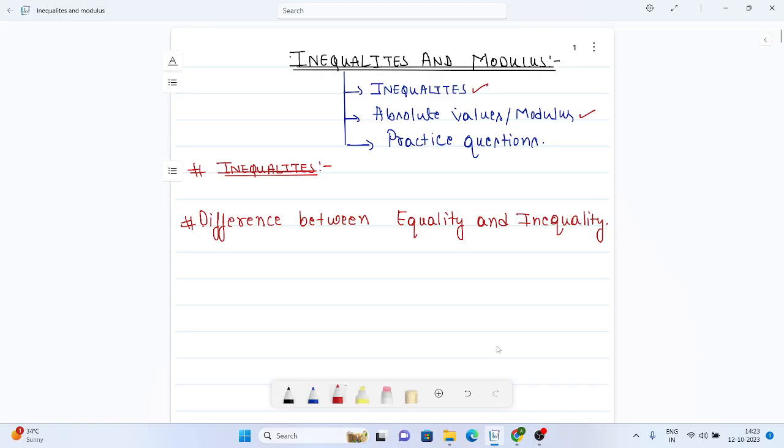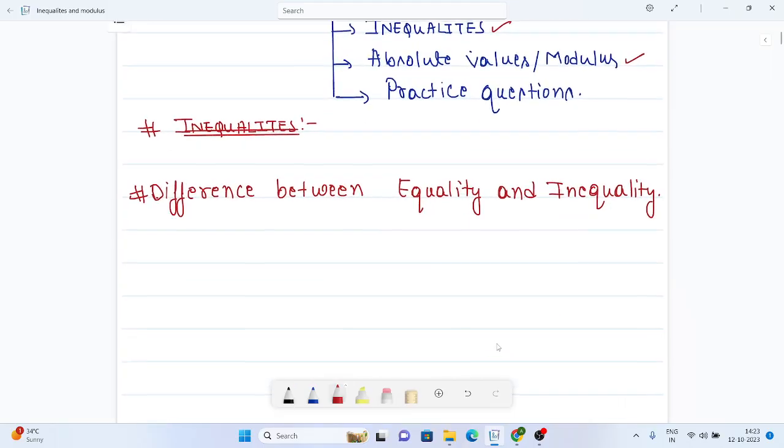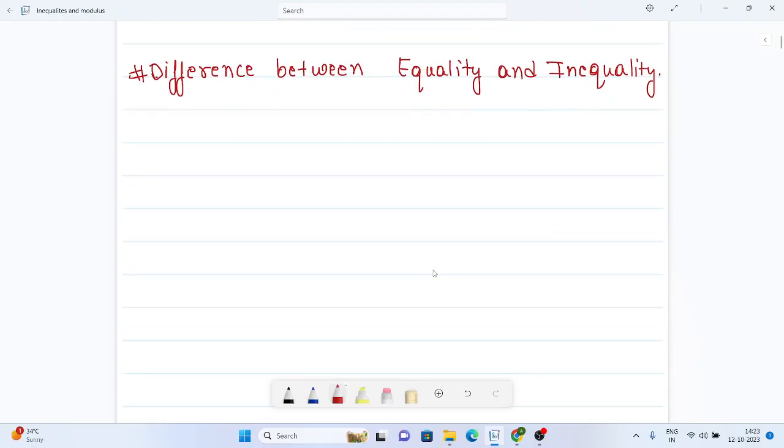So first we see the difference between equality and inequality. Up till here we have seen equality and not inequality. So let's say we take one example. The sign for equality is this, but the sign you use for